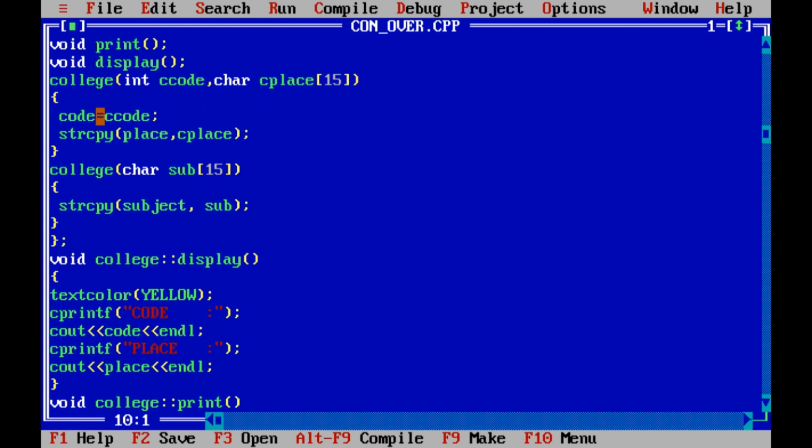Because it is an integer, we are using the assignment operator. So c code, that is 100, will be initialized in code, so code also has the value 100 now. And c place has Ranchi, and it will be copied to place as a string copy. strcpy does the same. So Ranchi will be passed to place, and this constructor is closed.